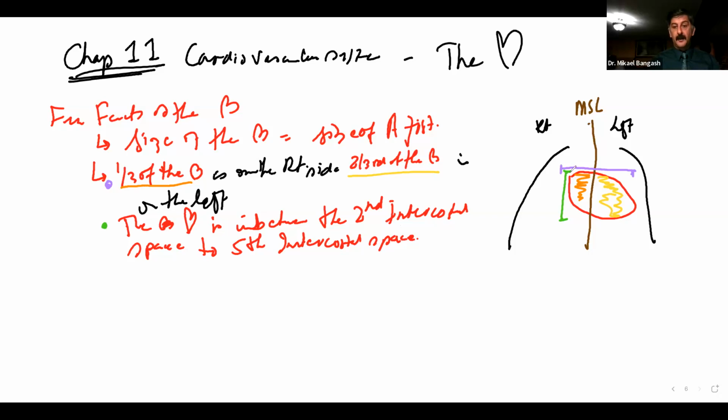So the top part of the heart, which is up here, is going to be found at the level of the second intercostal space. Whereas the bottom part of the heart, which would be down here, is going to be found in the fifth intercostal space. And for those of you who still don't know what an intercostal space is,